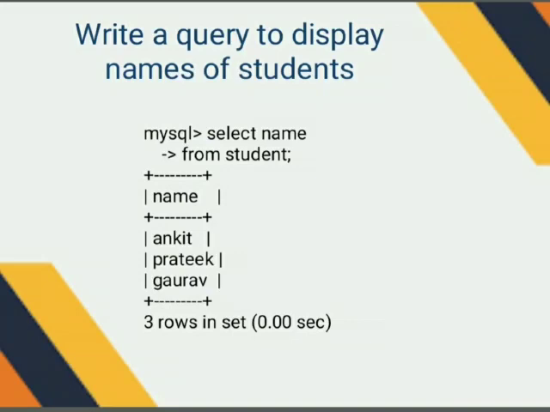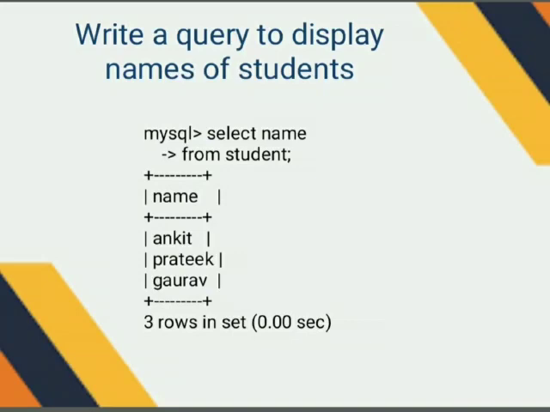So instead of star, what have we done? What is the change in this query? Only after the select clause, instead of asterisk, we have written name. So whatever attribute you want to fetch from the table, we have to write the name of the attribute. Now suppose I want to know the name and house. Two attributes I want. In the select clause, I can fetch more attributes also, but they should be separated by comma. So in that particular case, I should write select name comma house from student.